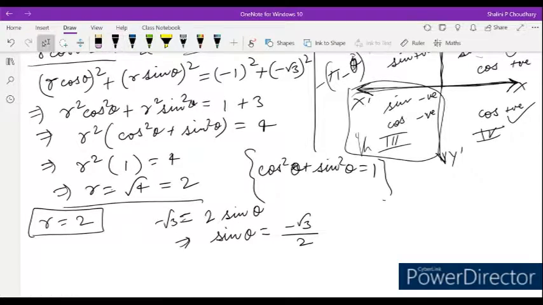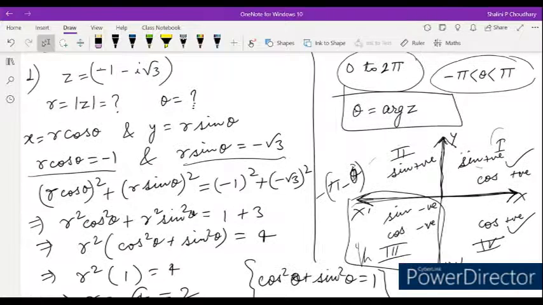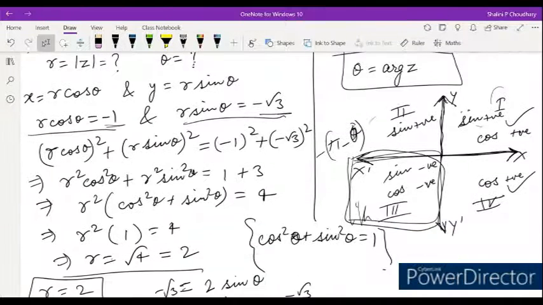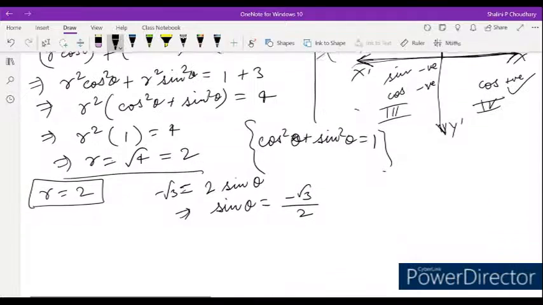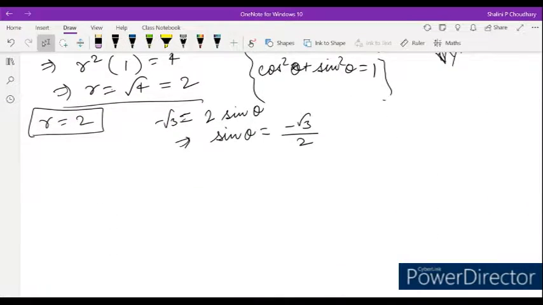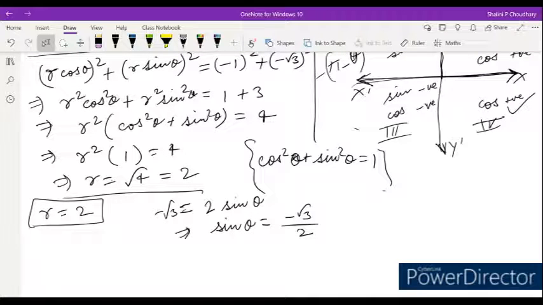And as we know that here we can see that both are negative, it means this theta lies in the third quadrant, because in the third quadrant sin and cos both are negative, right? Okay, so for the third quadrant, what will we write as the value? First of all, what is the value for root 3 upon 2? That will be pi upon 3, which is 60 degrees. Okay, so pi upon 3.